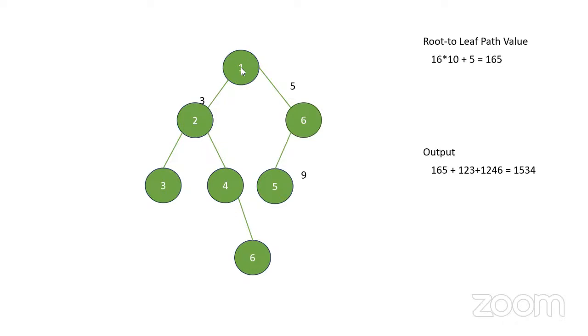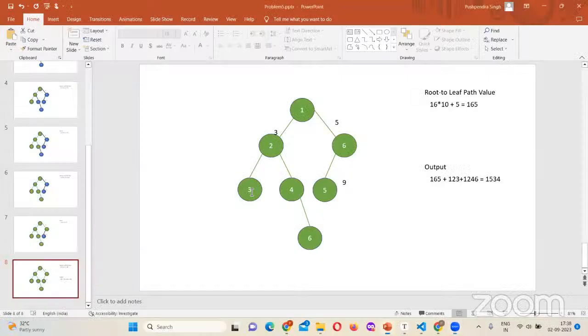But when you are forming that number itself, it has to go from root to leaf, right? Let me finish. First we got 1. The second we got 2. So I will store it as 2, 1. Then we got 0, so I will store it as 0, 2, 1. But as 0 is coming in the first position of the variable, it is getting ignored.